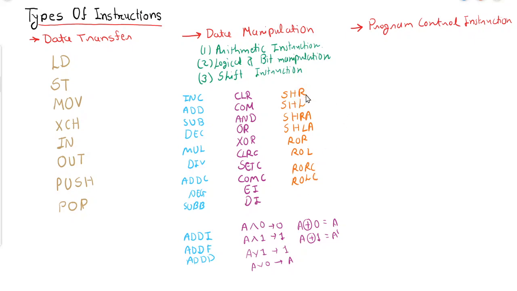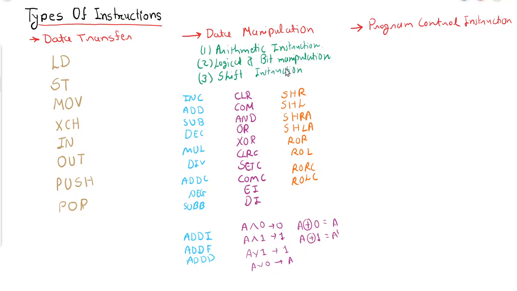So this is logical shift, this is arithmetic shift, this is circular shift right and circular shift left, and this is rotate through carry, meaning instead of only considering the accumulator, the accumulator will be combined with the extended bit of the accumulator, and then the shift operation will be performed. So that is how it will be implemented. So this instruction is rotate right through carry, and this instruction is rotate left through carry. These are the various instructions which are categorized into data transfer instructions and data manipulation instructions.